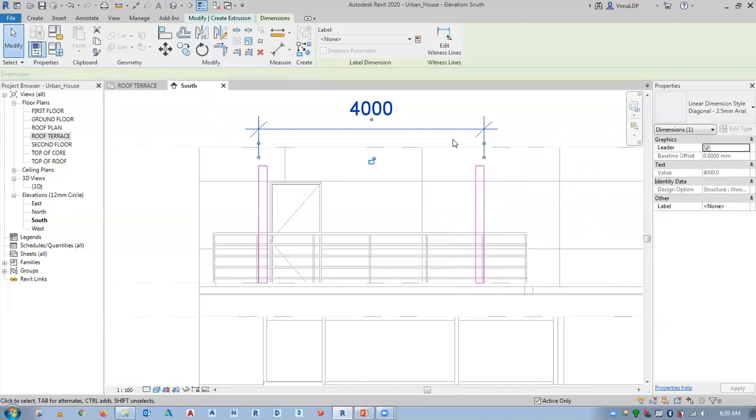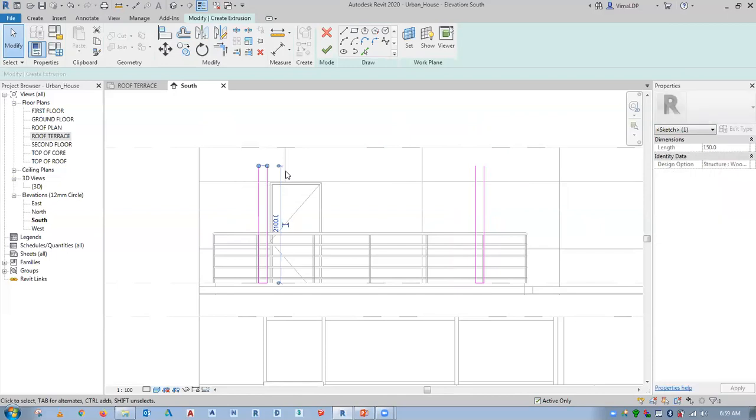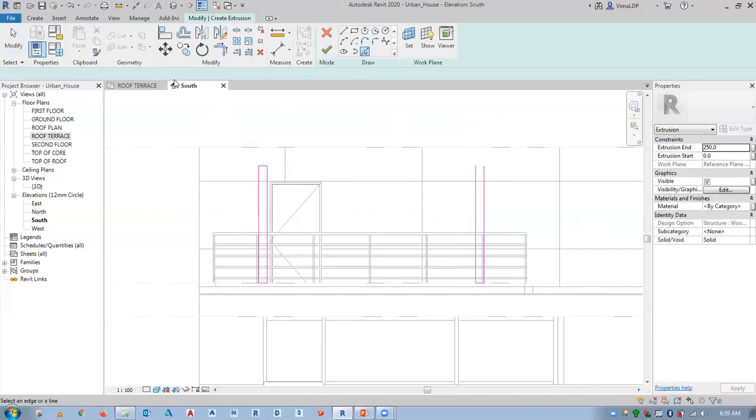Maybe I want to add another 150 here. Maybe the top beam part. Maybe I would say another 900. Maybe I just want to have some overhang here. So I'm just quickly creating a